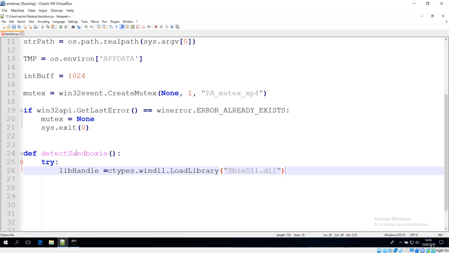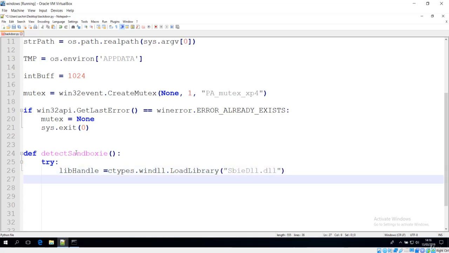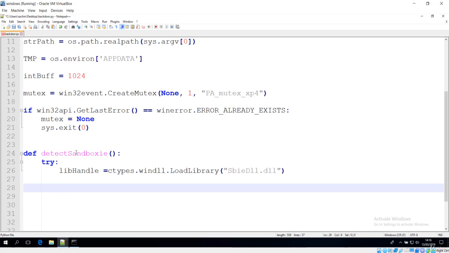Let me close this. So this is the file that we are going to load in our window, so that we'll install our backdoor in this Sandboxie so that our computer won't get harmed. So the next thing is to return, and I'll say return the string Sandboxie over here.